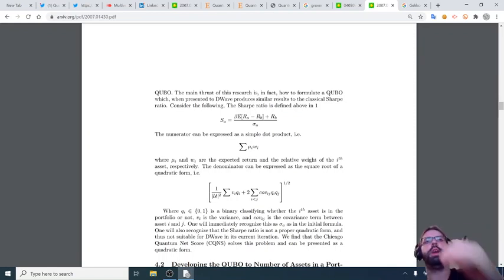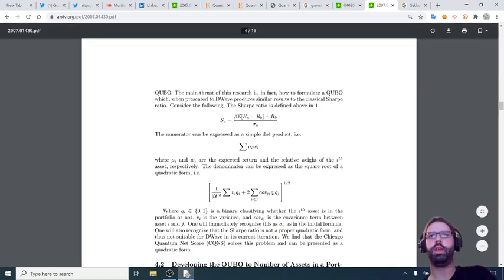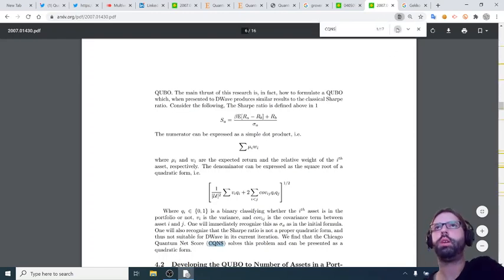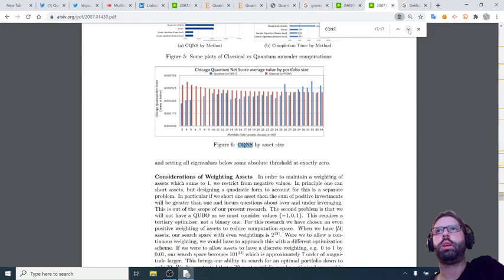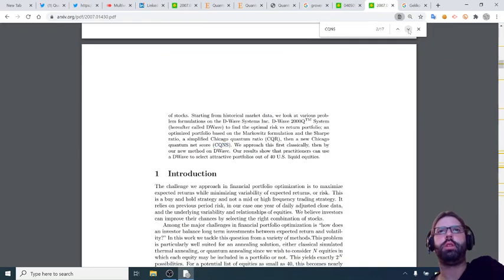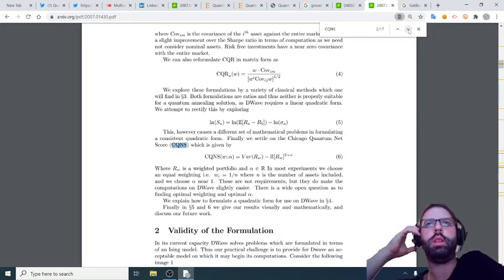That's what I don't get. That's really what I don't get, the Chicago quantum score thing. What is the first place they mention these? So here, what they do is they just